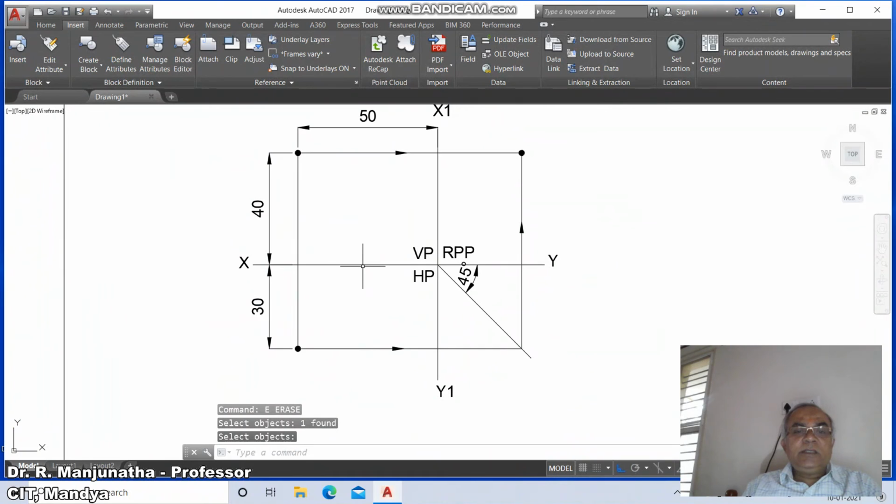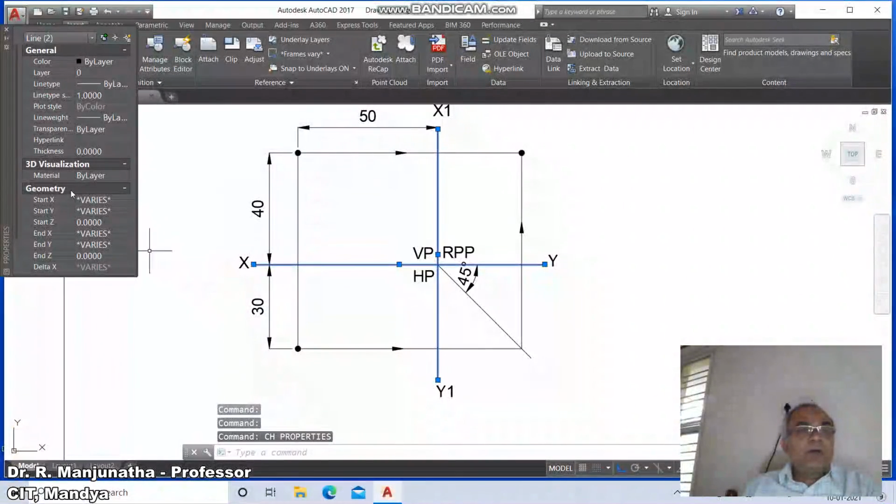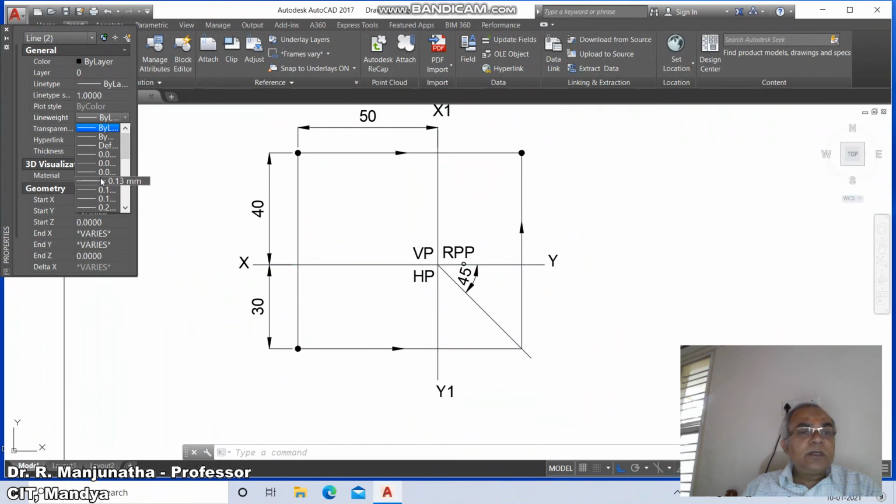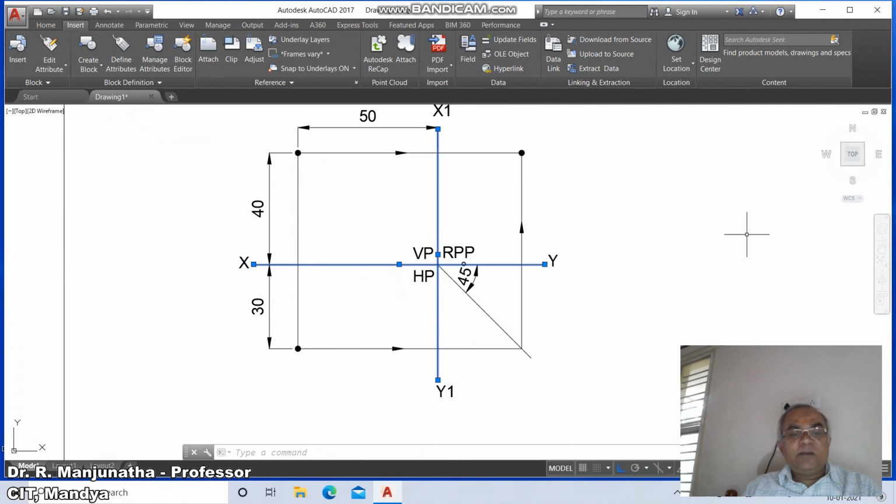Now you change this XY line and this vertical line. So go to change. So come down to line weight. So here you take it 0.13 mm. You just click over this 0.13 mm. So that will be dark, and that will be displayed only when you are taking the printout, you will be able to get this.